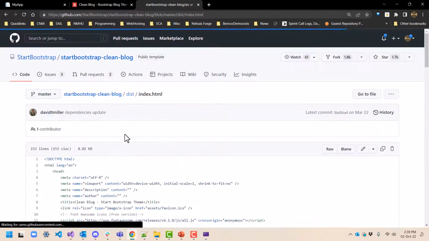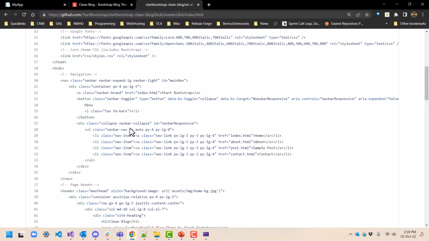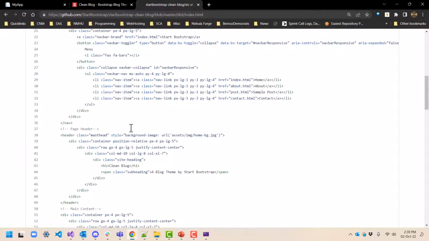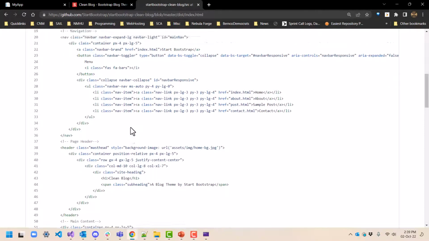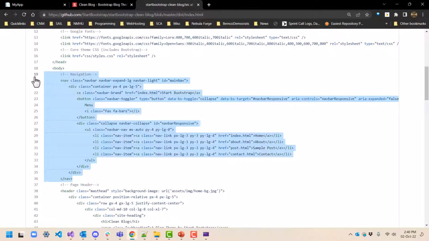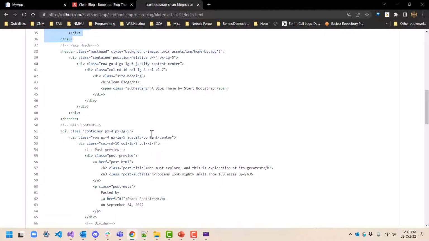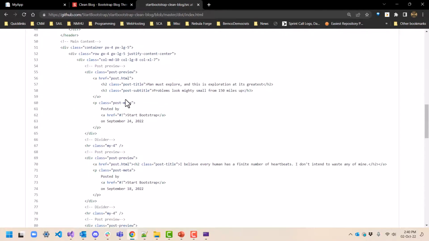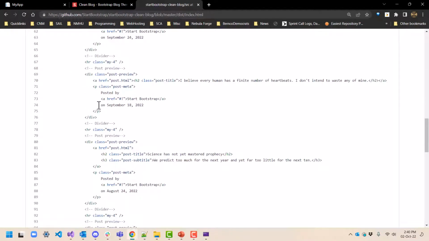So we're going to look at this, just going to look at the index. Okay, there's their nav. We could actually use their nav if we wanted to, but I just want to look at how they format an